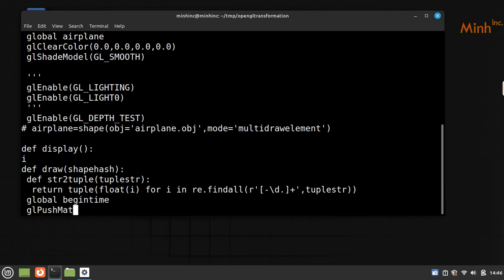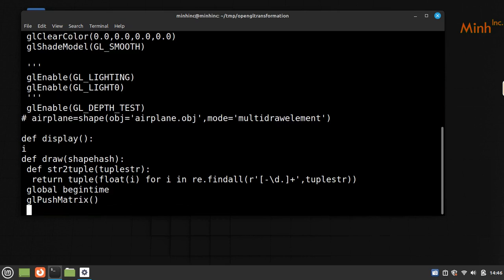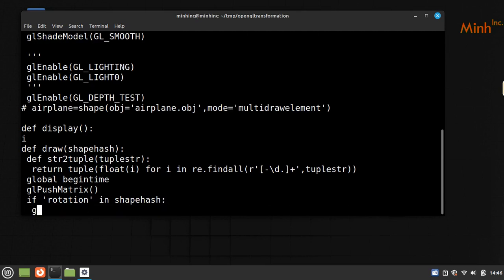So GL push matrix, if rotation in shape hash, GL rotate F. Okay, so GL rotate F time dot time minus begin time. So whatever the time is